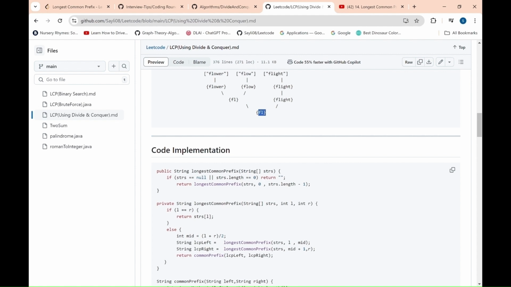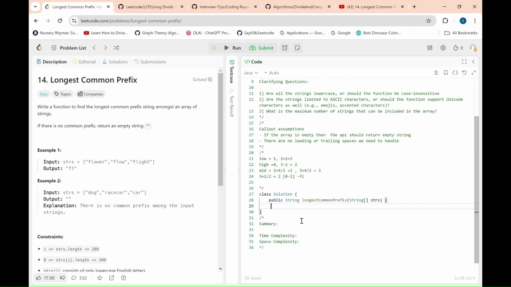So that's the overall idea on how divide and conquer works. So let us code that out so you will get more clarity. Let me start coding this. So here is the main function which takes the input as array of string, and here we will